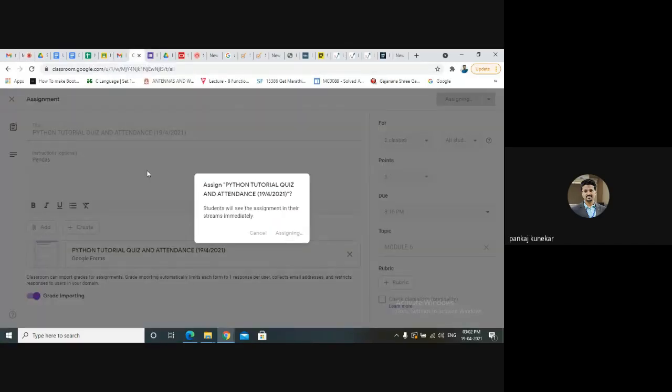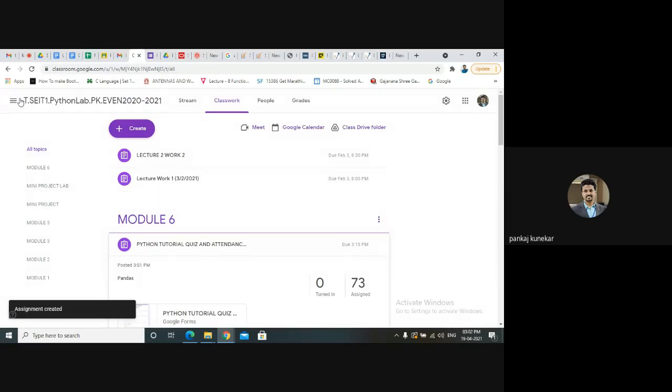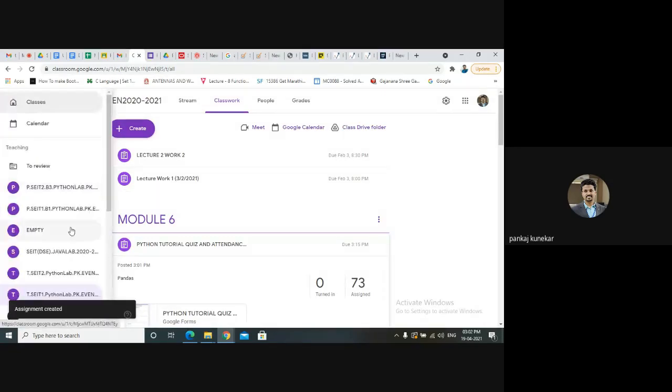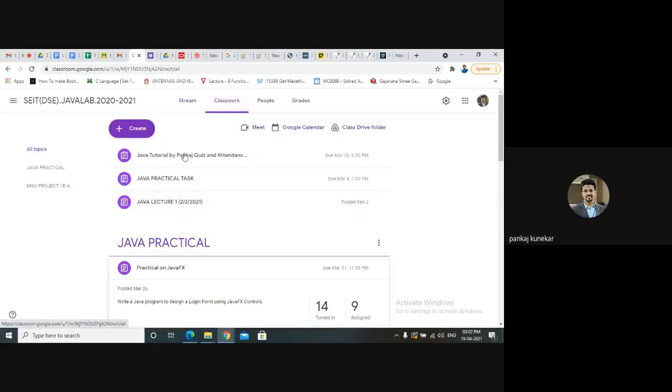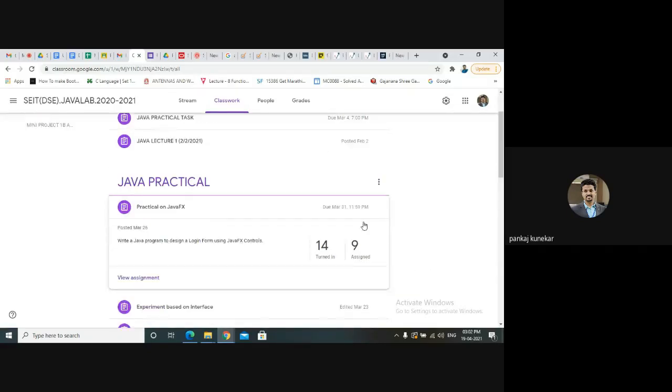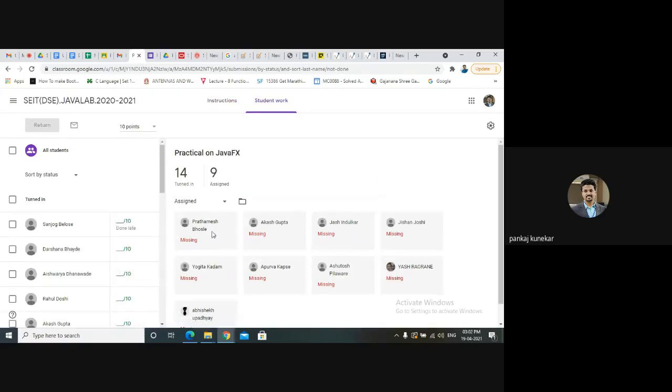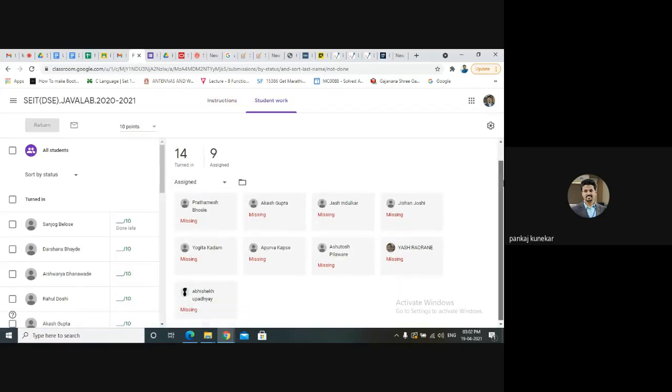Submit your work of Java. Those who have not yet submitted Java, submit your work. Many students have not yet completed the C. Prathamesh, Akash, Jash, Jishan, Yogita, Apurva, Ashutosh, Yash, Abhishek.